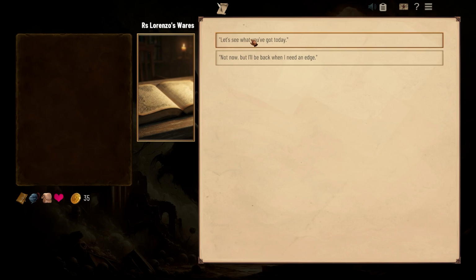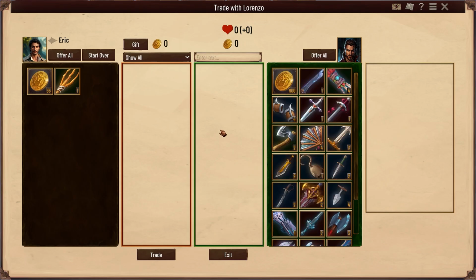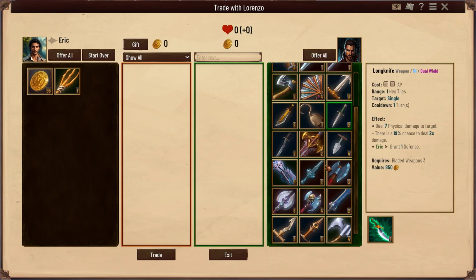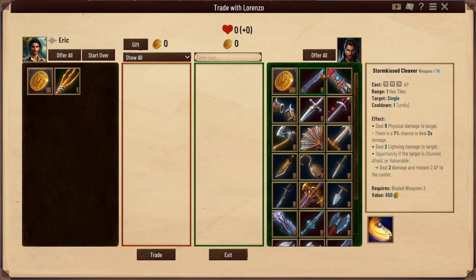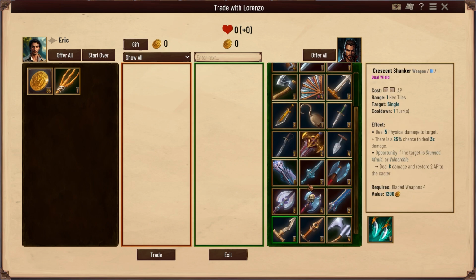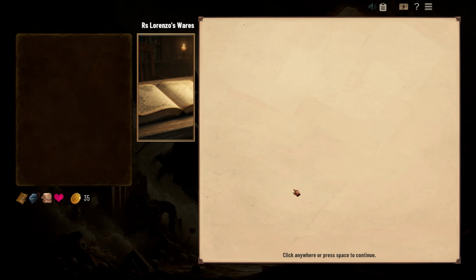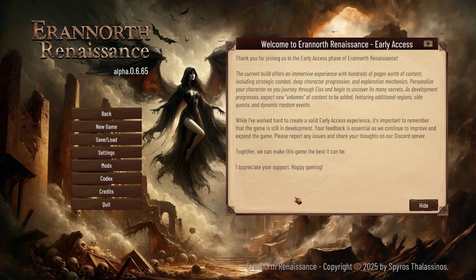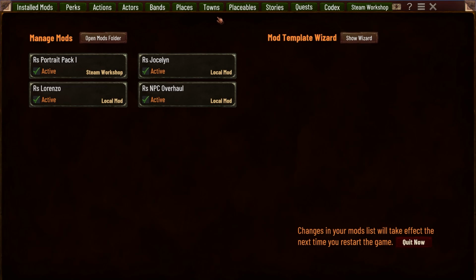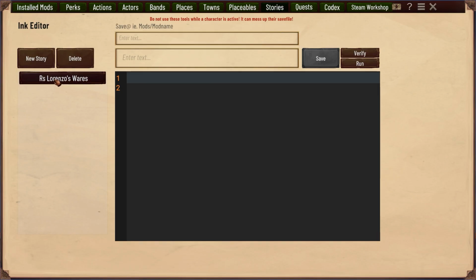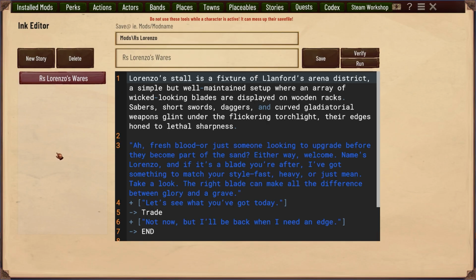Let's see what you have today. Opens the trading interface and some weapons that we would otherwise be unable to find in Landford. So if I go back to our stories right here and open Lorenzo's wares,